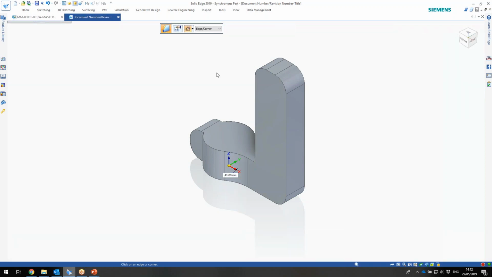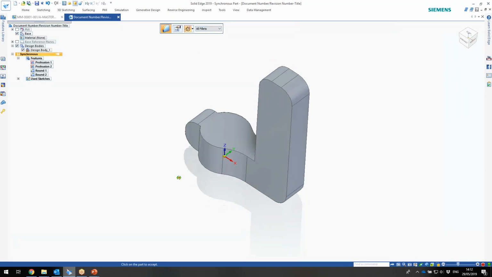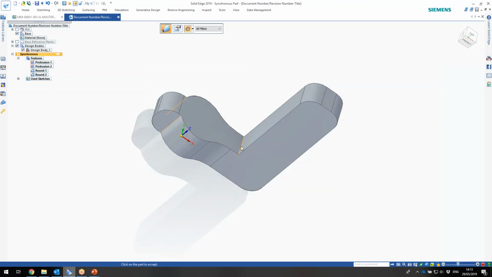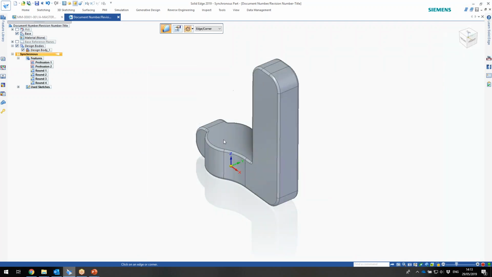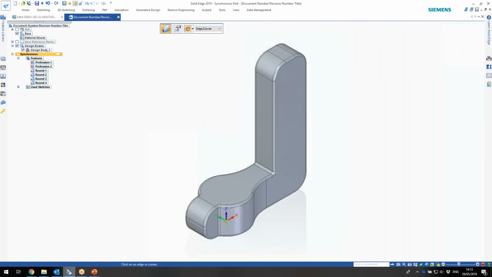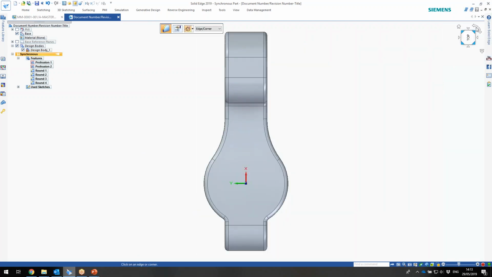So I'm going to set that to 40, all fillet. So this is going to find all the fillets inside the tool. And I'm going to set that to 2. And then you can also change this to all rounds. And so you no longer have to go searching through all of the different features. Solid Edge can find those for you and makes that change and edit really quick. The next thing to do is to add the